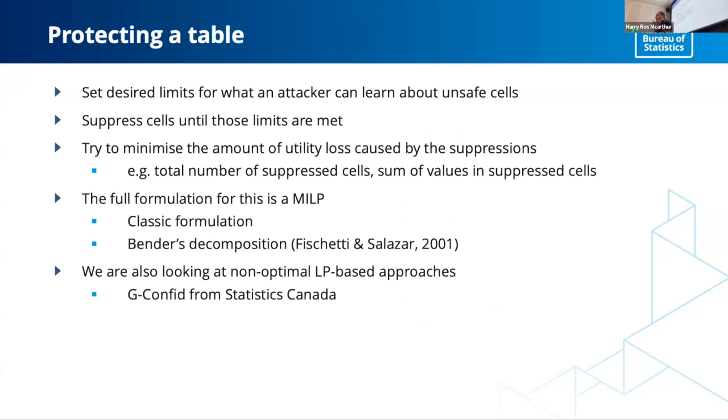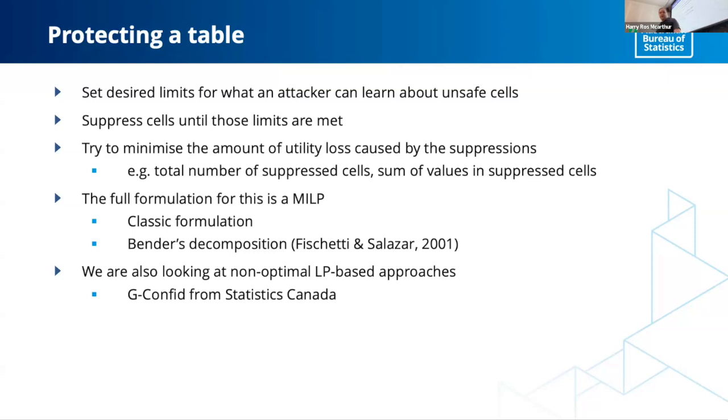So we set some limits, and then we just throw suppressions at the table until we reach those limits, and we say we're good. And then we say, well, could we have chosen better suppressions than just throwing them at random? And obviously that is a minimization problem of utility loss. So we have set some kind of cost function. I am leaving all of the actual model details out here because I do not have any time to go through it, but it's all very interesting stuff. But yes, you can say, we want to suppress as few cells as possible. We want to suppress smaller values in cells where possible, something like that. We set a cost related to that.